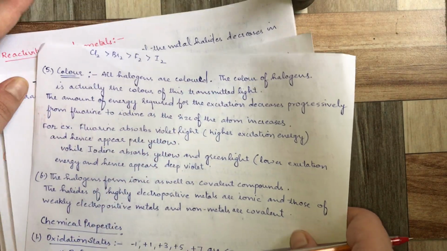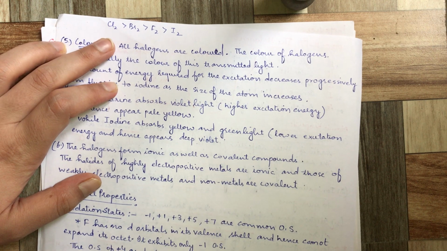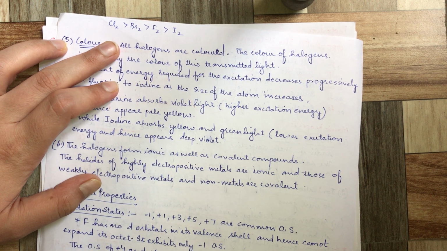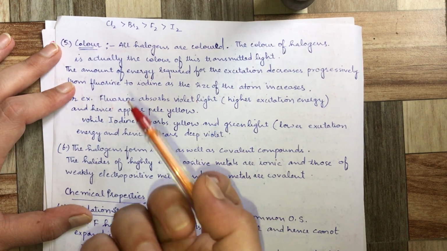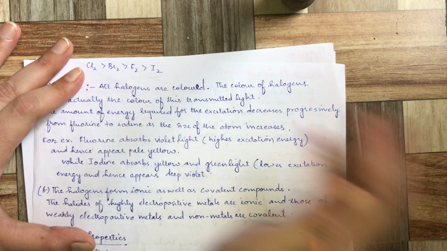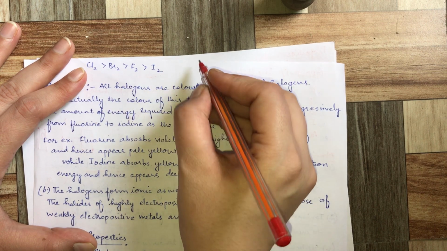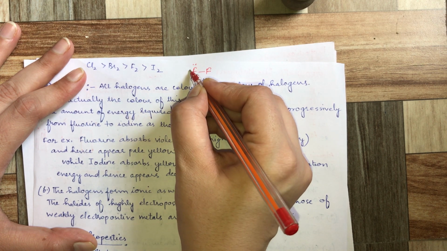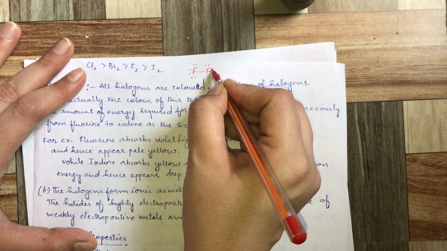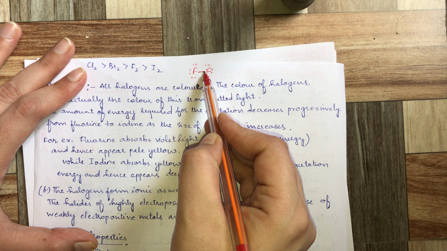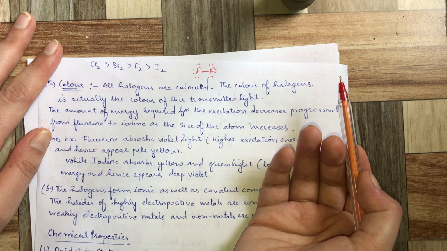So if you talk about the trend, the chlorine molecule is most difficult to break, then bromine, and then fluorine, because due to the interelectronic repulsions, the bond becomes so weak that it moves to the third position, and the easiest to break is I2. So I again come to the point of why fluorine has the less negative value. See, the size of fluorine is very small. So the valence electrons on fluorine are bound to repel each other. If they repel each other, the bond will become weak and easier to break.